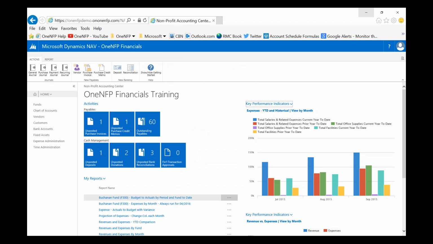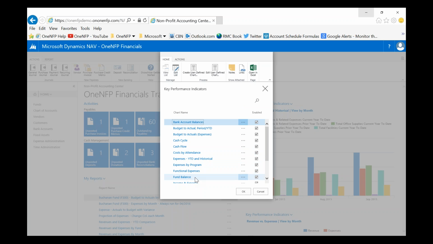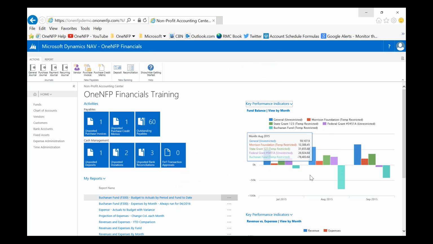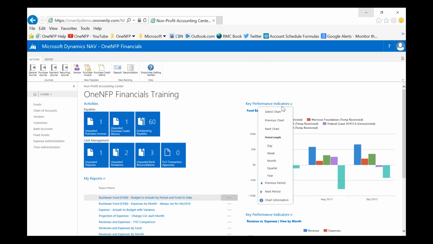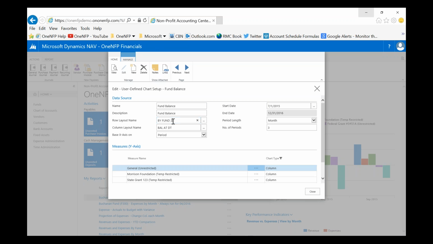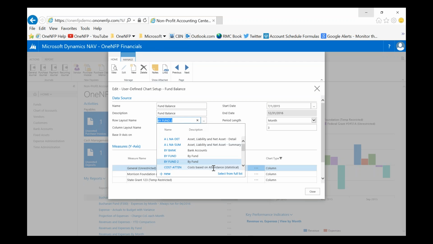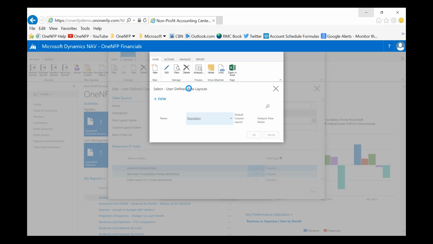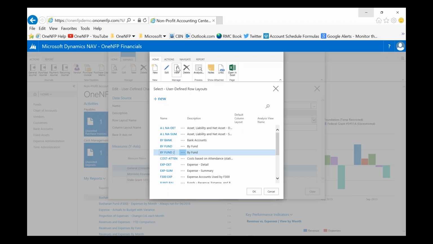So that's our first chart. So let's go ahead and I'm going to take a look at some of your other options, the other kinds of charts you can build. I have one in here for fund balance. If we take a look at this, I've got select chart. So I have a row layout that looks at my funds. If we take a look at that and view it,